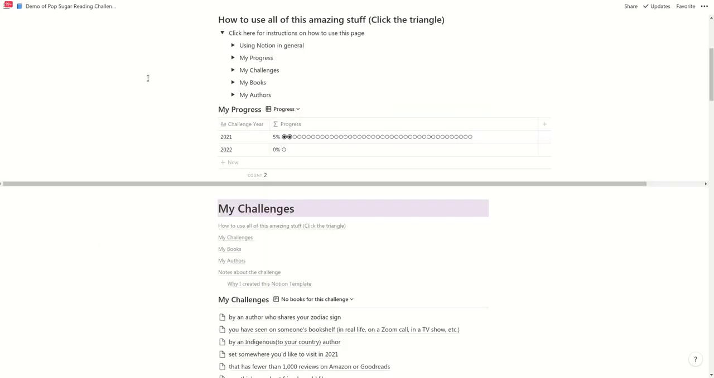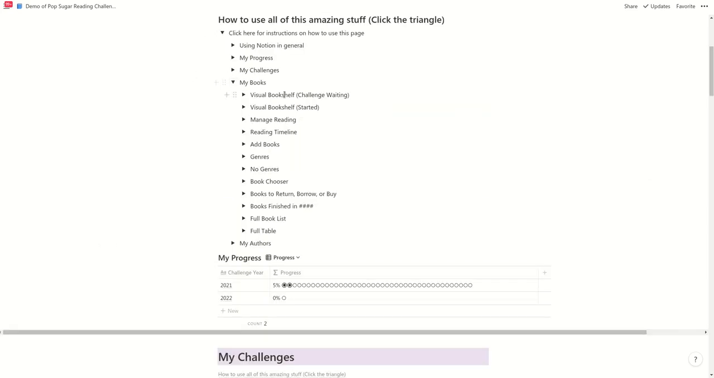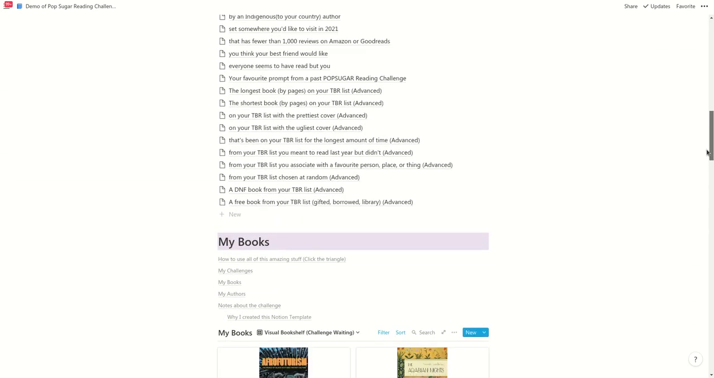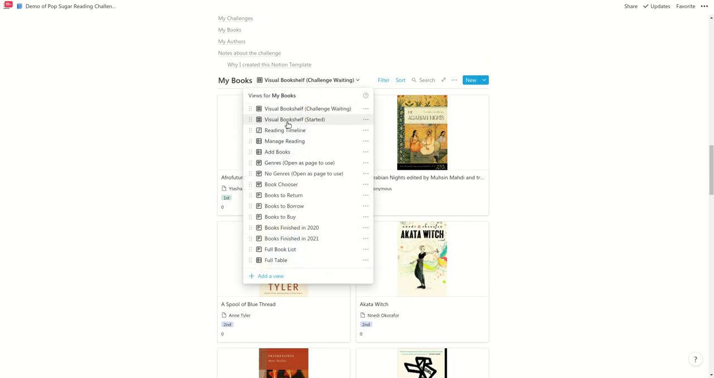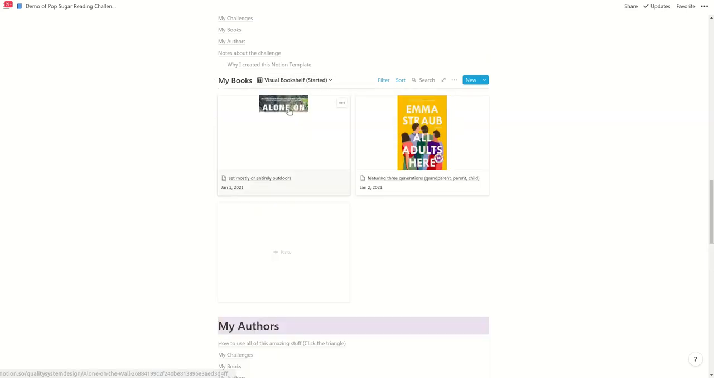Now if we have a look at my books, we've already looked at Visual Bookshelf and how that's working for us. Visual Bookshelf for what you've started. We'll change it to this one over here. What you've started simply shows books that you've started. If we click on it,